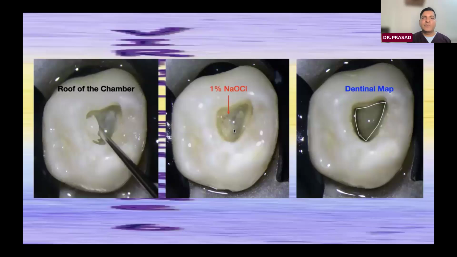the pulp chamber with 1% sodium hypochlorite, leave it intact in that place for about 2 to 3 minutes. And after 2 to 3 minutes, once you dry it, you will see something called a dentinal map, where there are darker areas, like a map, and you can join those darker areas and you will get your access opening. At the corners of this dentinal map triangle, you will get the orifice openings of the